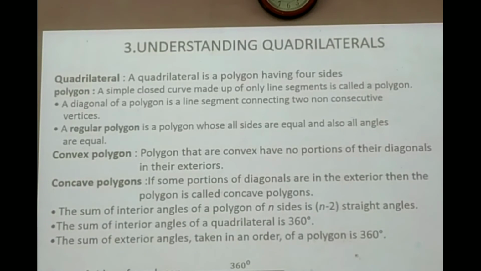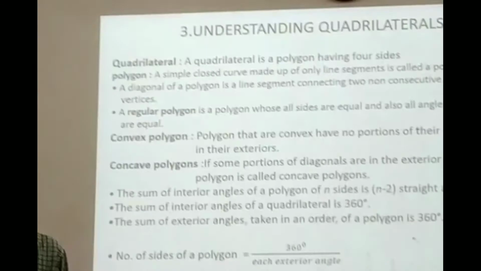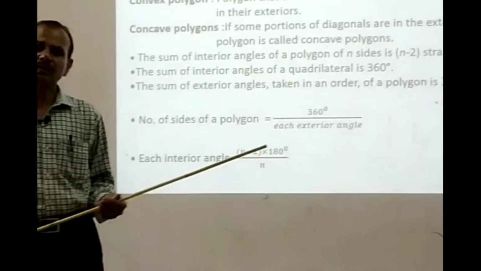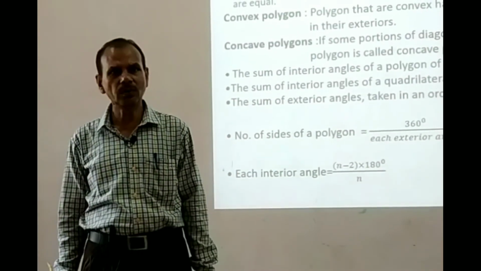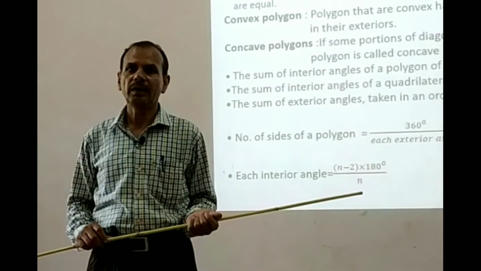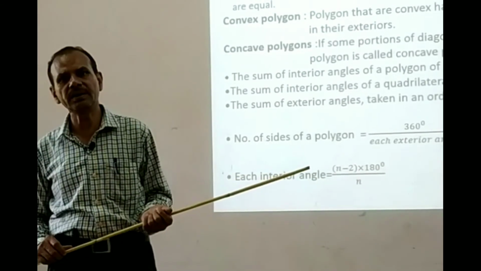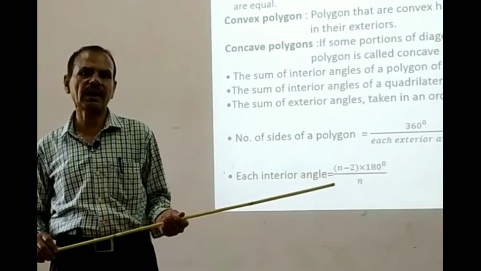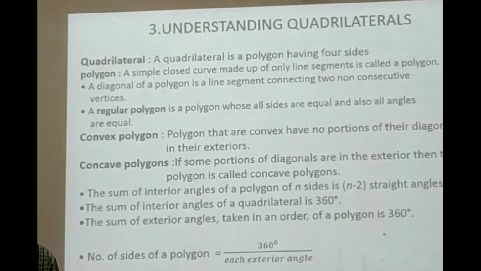What is meant by polygon? Polygon is a closed figure made up of line segments. That is called a polygon. And the first figure of polygon, suppose I draw a single line. Is this a polygon? No. Do two line segments make a polygon? No. The minimum necessary line segments is 3. Then we get the polygon. Means triangle is the first polygon which has the minimum line segments.